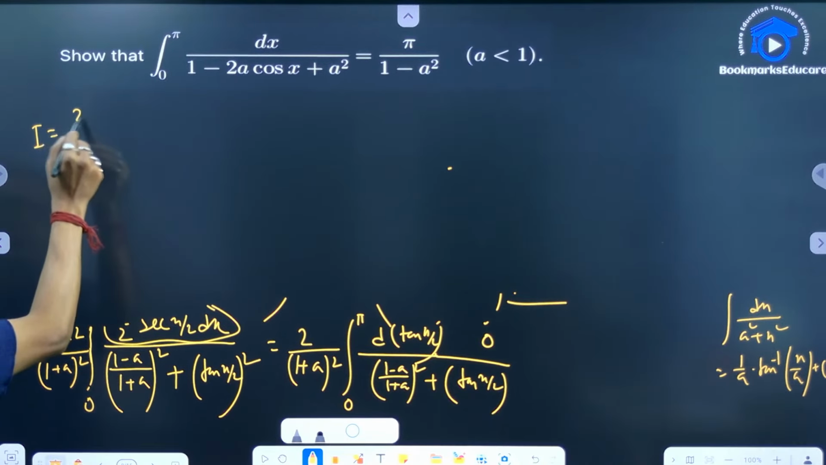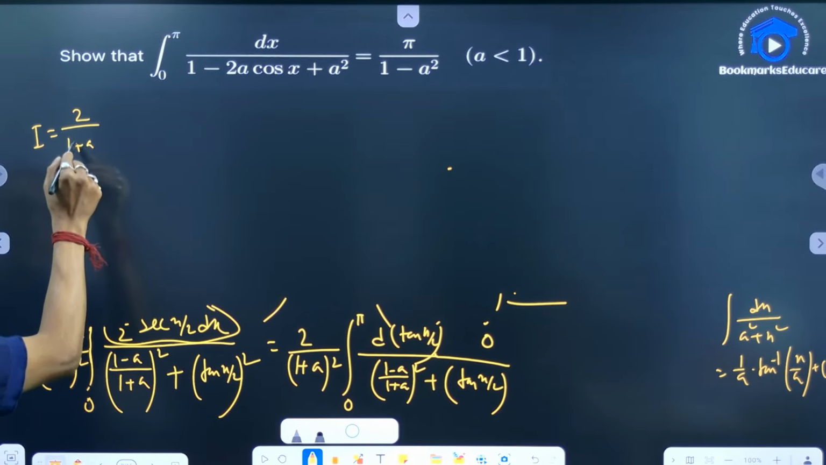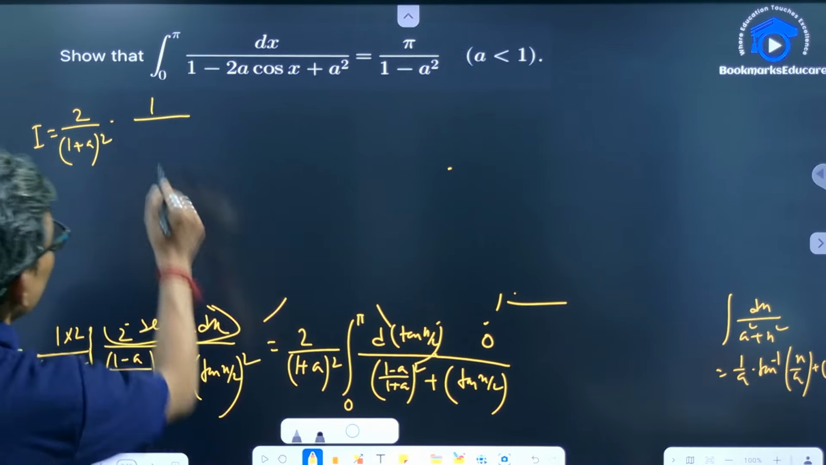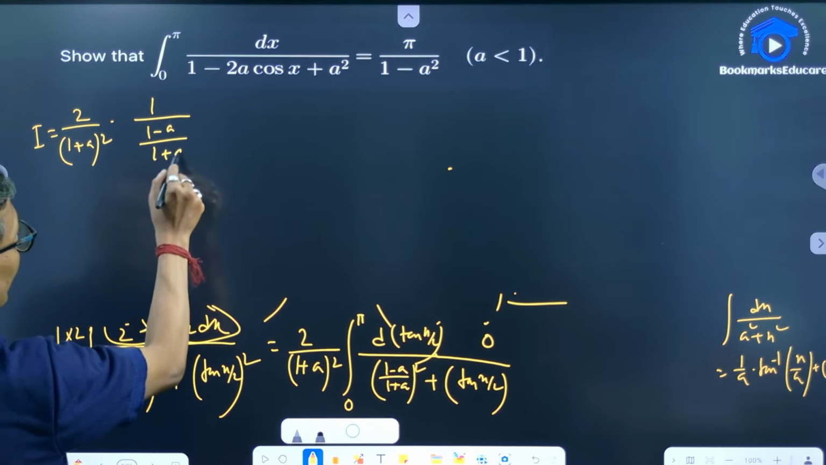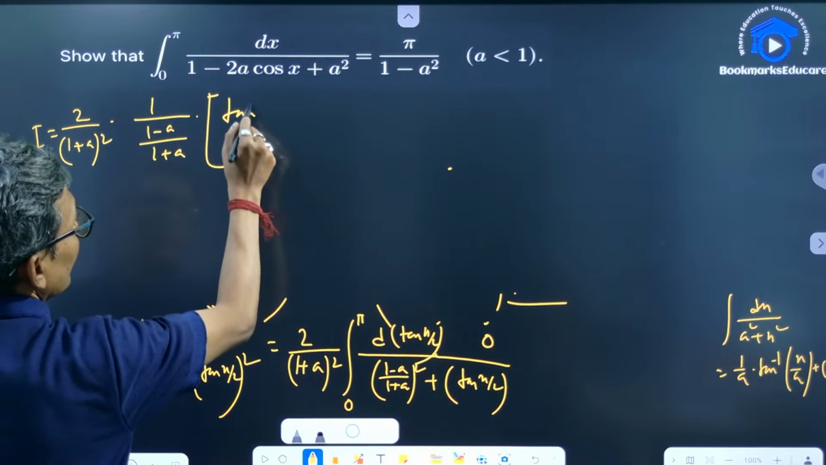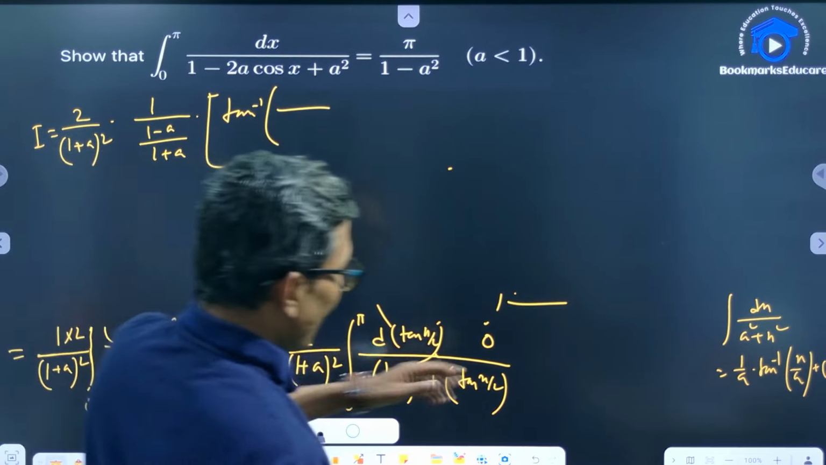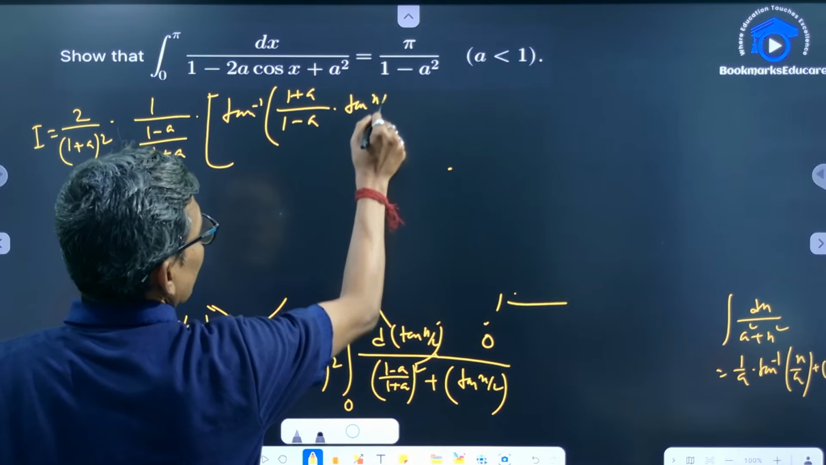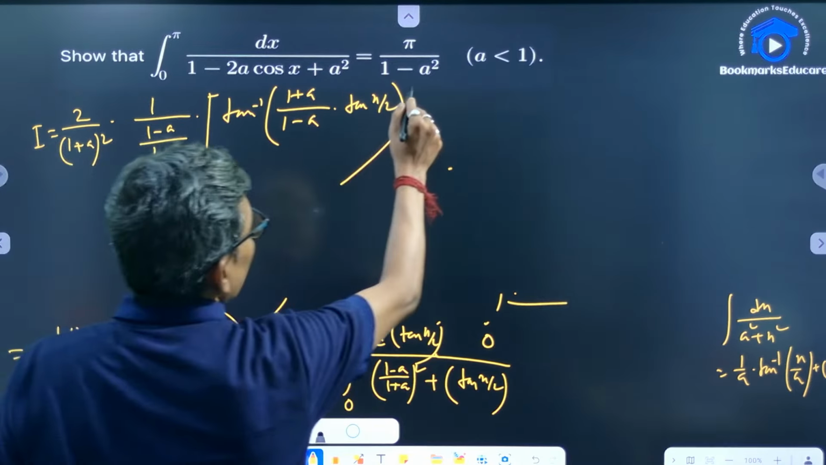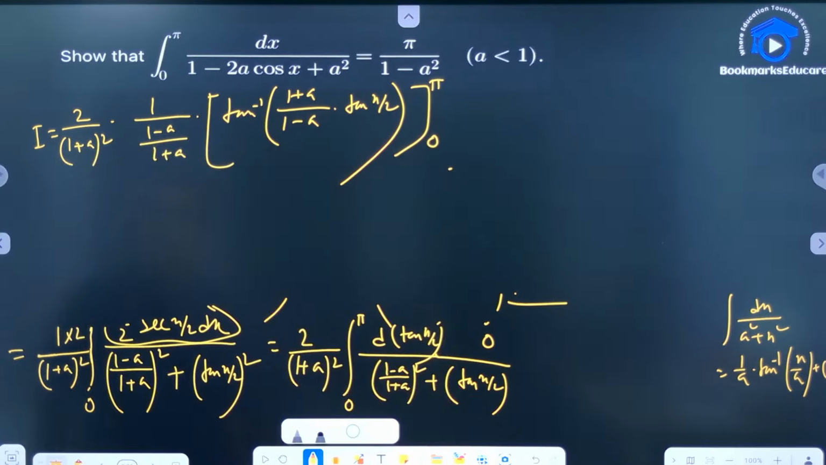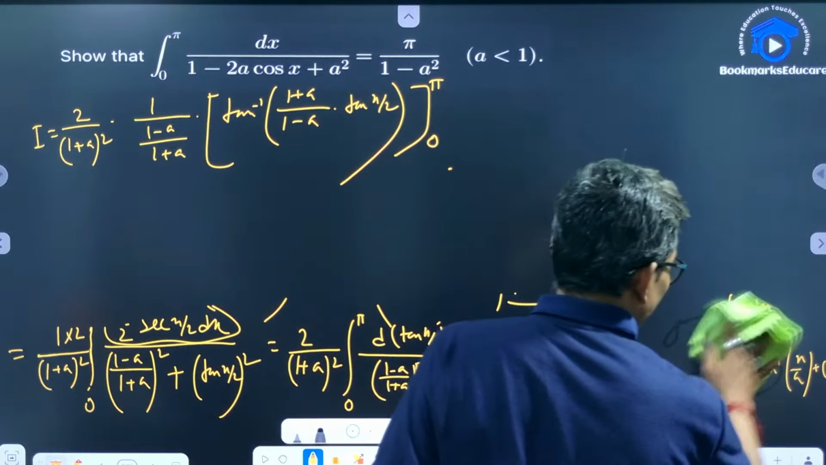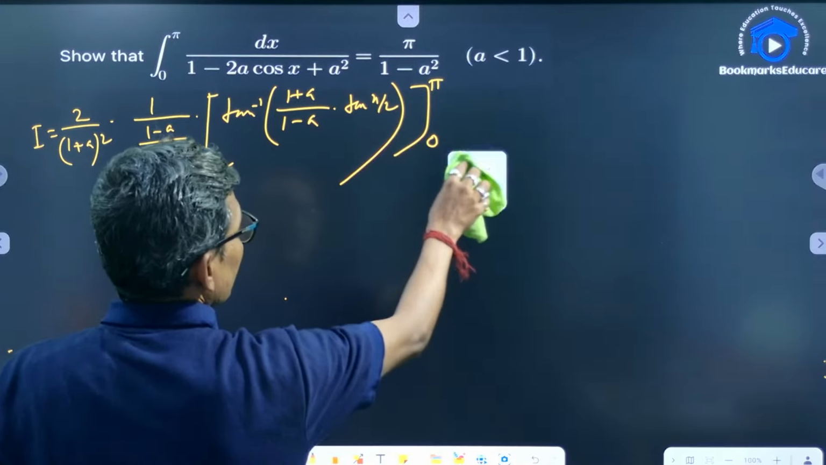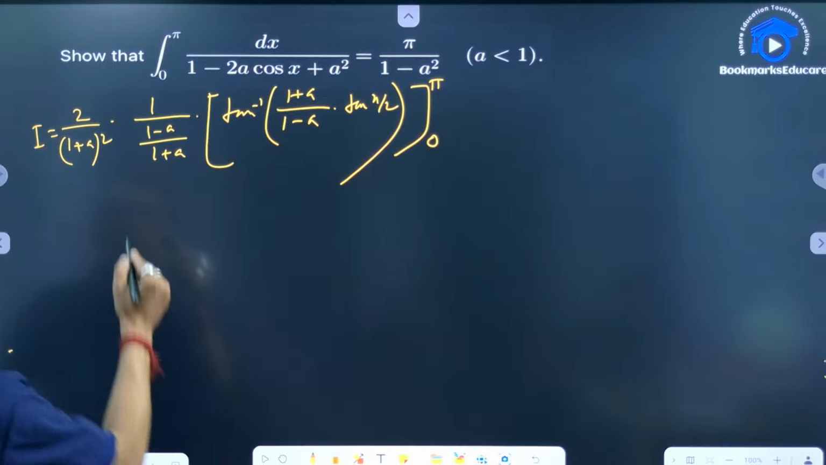So I is equal to 2 by 1 plus a whole square, times 1 by a, where a means square root of 1 minus a by 1 plus a, times tan inverse of x by a, which means square root of 1 plus a by 1 minus a, times x, where x means tan of x by 2. So upper limit pi and lower limit 0. Now putting the upper limit and lower limit in this expression, we will get,